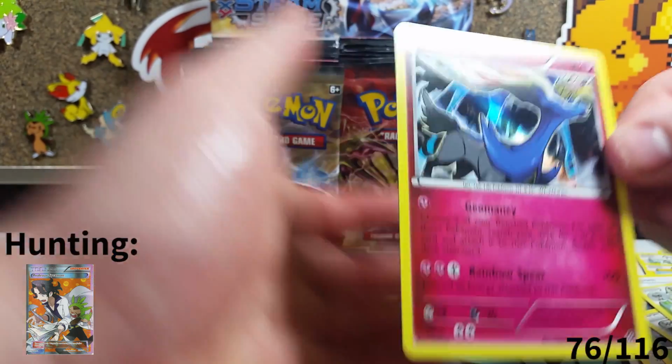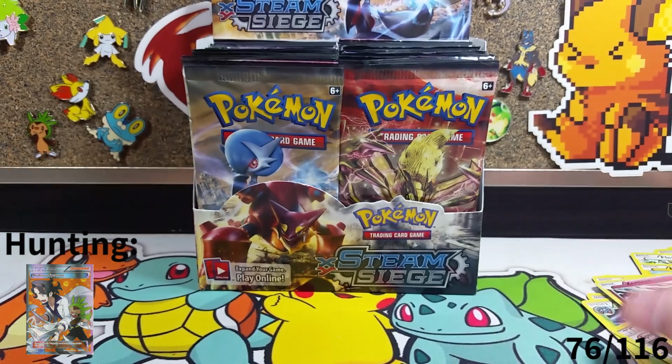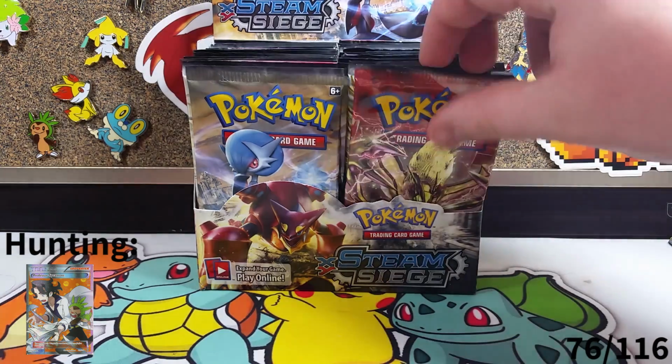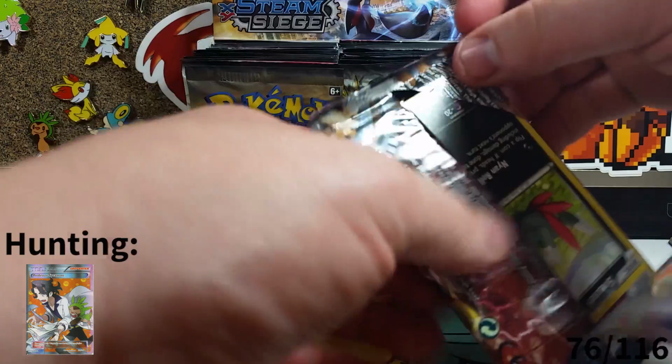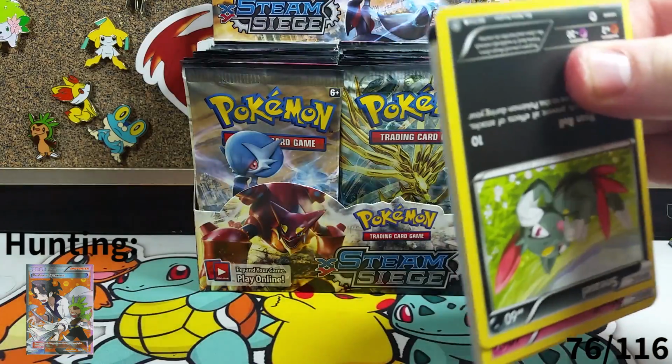That's actually really good. Again, a card we don't have. It is just a reprint of the Xerneas from X and Y. I think it's just pretty much for standard play. But we do get the breaks in this set as well, so if we can pull them, that will be pretty awesome. So far, our ultra rare pulls